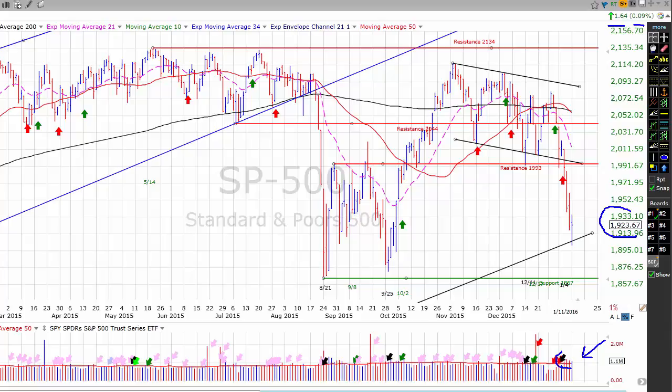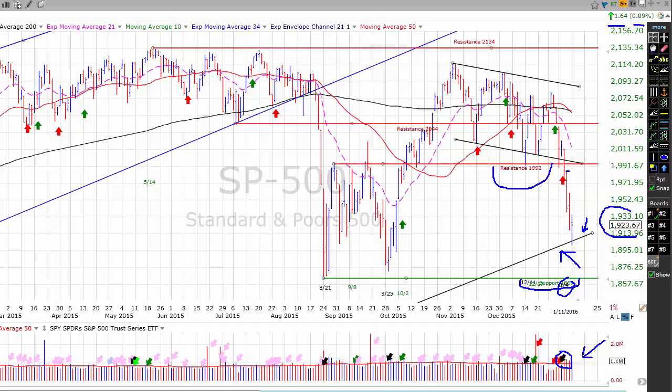The S&P is in a market correction. We have been since January 4th. Right now, the S&P is bracketed by support at its long-term trend line right here, and resistance up in the 1993 area. If we were to break this trend line, which we tested and held yesterday,